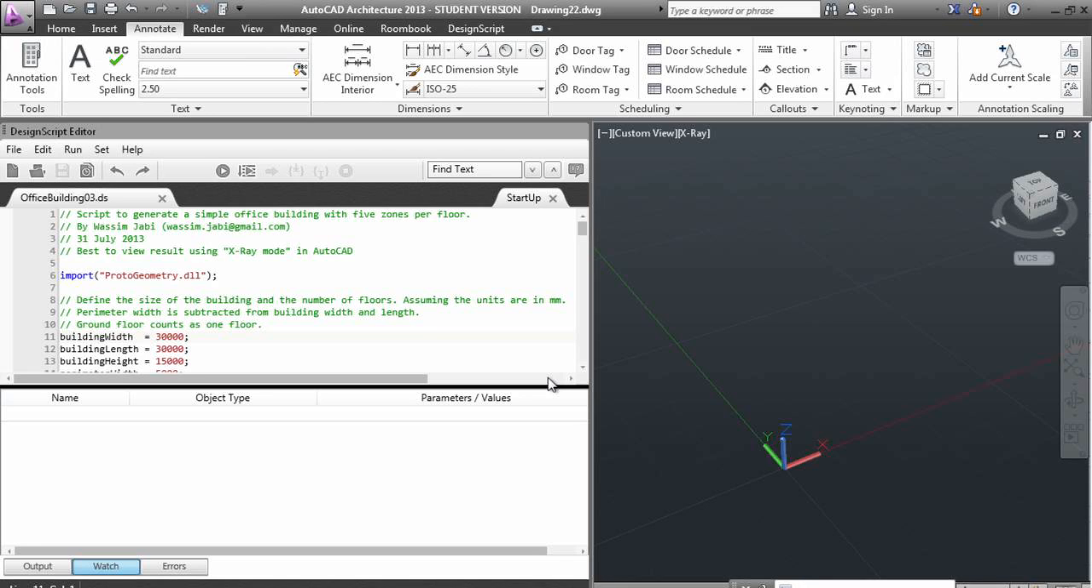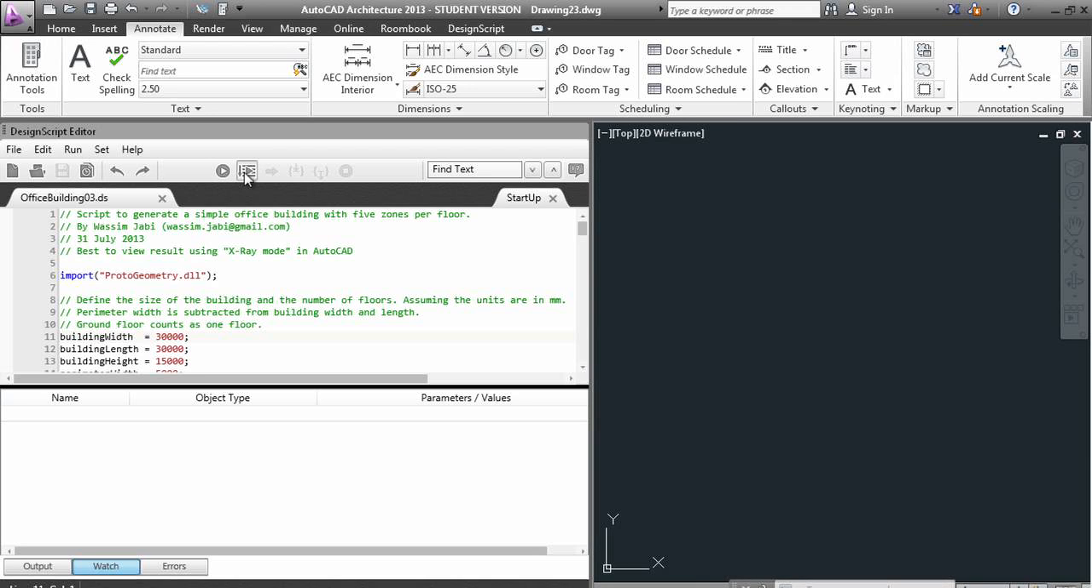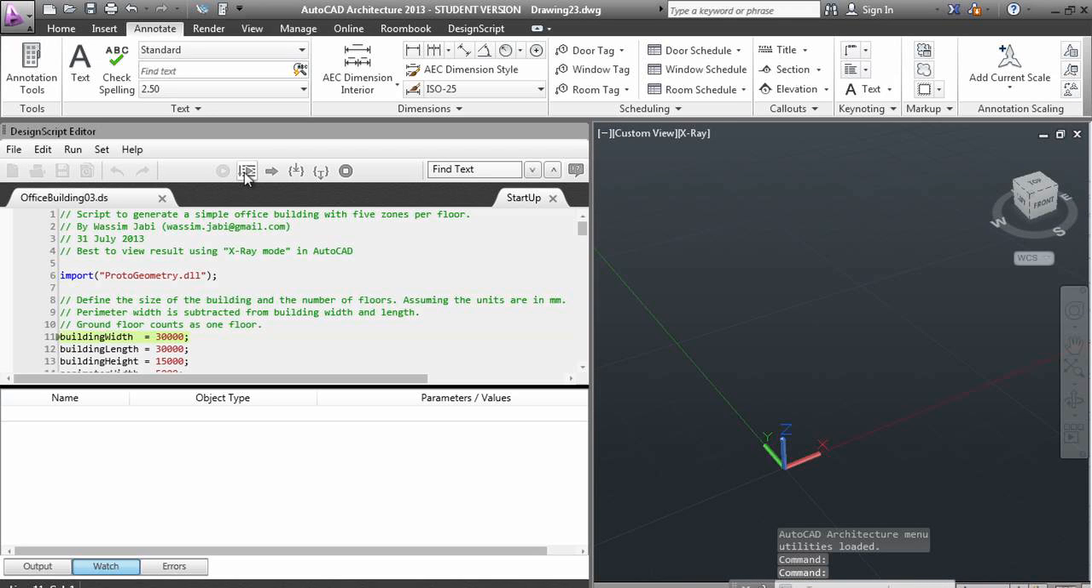In this script, I'm going to be building a very simple office building that has 5 zones, a central zone, which I call core zone, and then 4 perimeter zones on each side of the building. So I'm going to turn on the debug mode in DesignScript and step through the script step by step and see how it works. The first thing is to